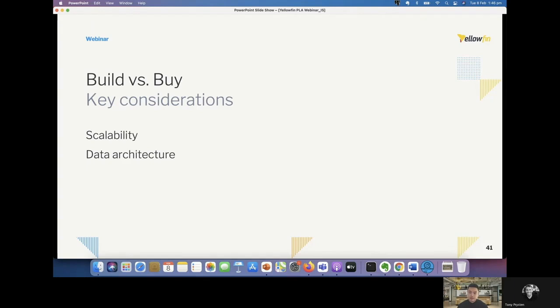Now, the second one is really about data architecture. So the data architecture that you decide